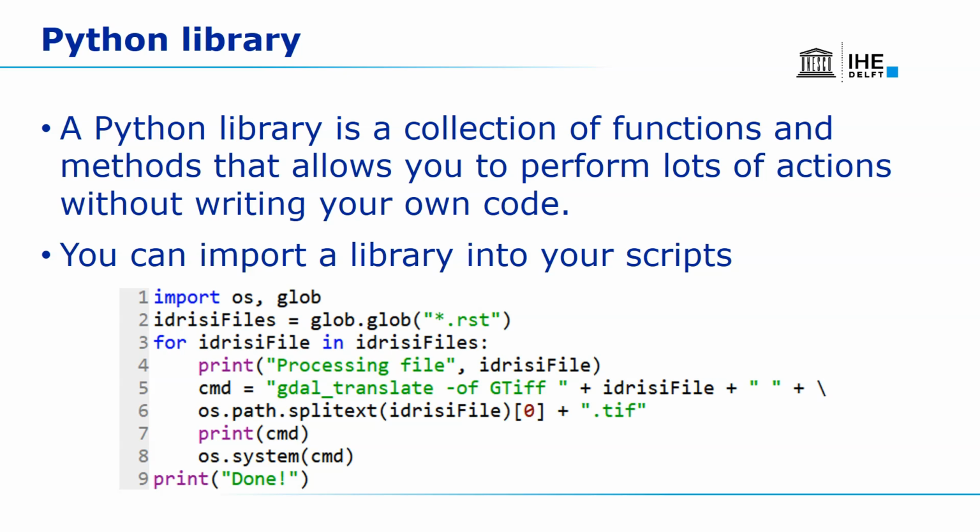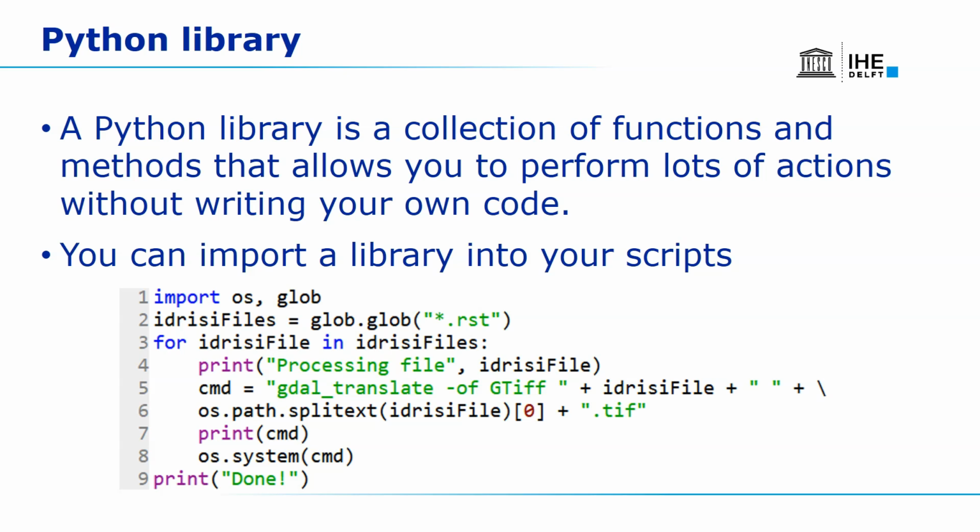You can recognize it from the indentation. So for Idrisi file in Idrisi files, so Idrisi files is now a list with all the files in the folder. And for each of these files, it needs to do print processing file and then the name of the file. So which file is it currently processing? Then we define a string, which we call cmd. And that's the command line call that we do. So we use g.translate, output format geotiff, plus the Idrisi file that we want to convert, plus a space, plus,